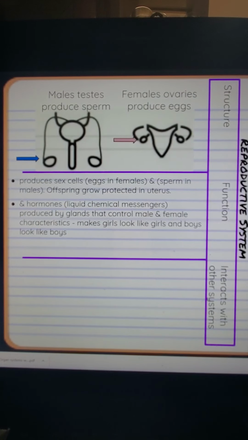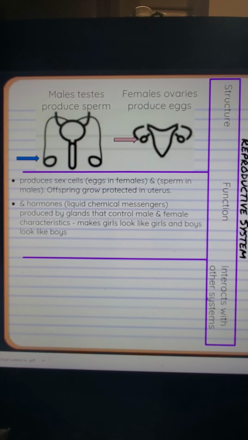The other thing that the reproductive system produces are hormones. And hormones are liquid chemical messengers that your body makes. They're produced by something called glands. And they're sort of like little pouches. When you think of glands, think of little pouches that can hold liquid. And what these chemical messengers do in the male and female body is that they put out a hormone that makes,